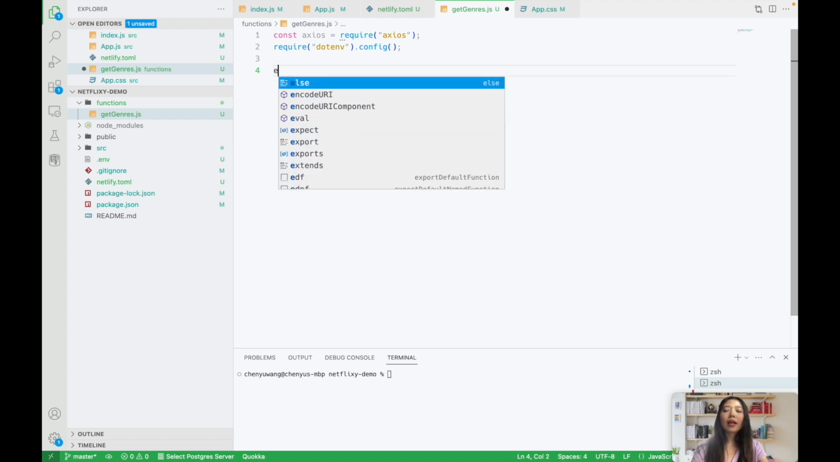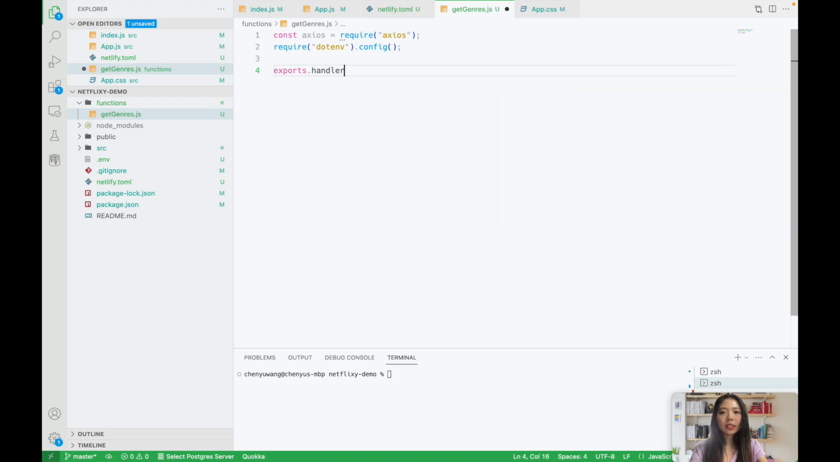Okay, let's write our function. The way a Netlify serverless function works is you need to write exports.handler. This is an async function, so we're going to put the async keyword here. This API call is not going to take any arguments. So let's get the data out. Don't forget the await keyword, and we're going to use